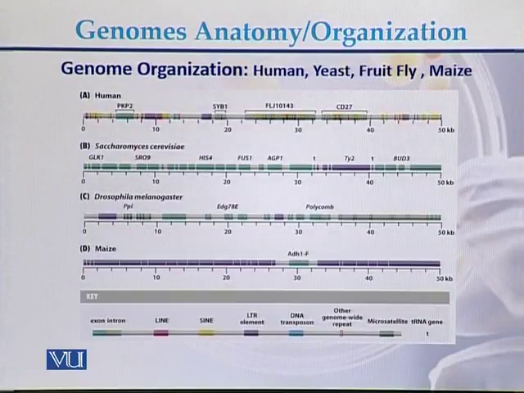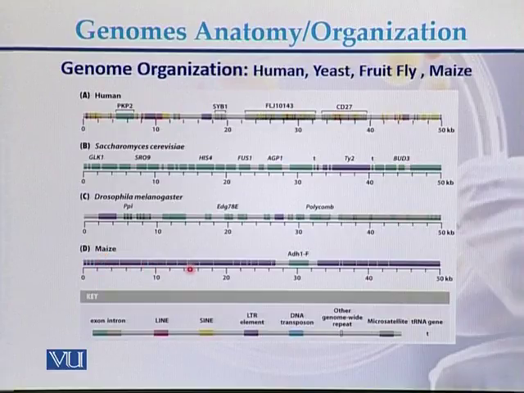Genome organization between human, yeast, fruit fly, and maize. This is a comparison between the genomes of human, yeast, fruit fly, and maize. This is a fragment of the human genome. This is the yeast genome. This is the fruit fly, in other words, Drosophila melanogaster, and the genome of the fruit fly